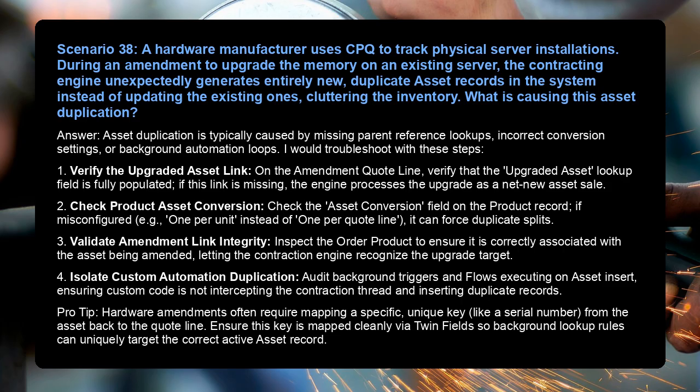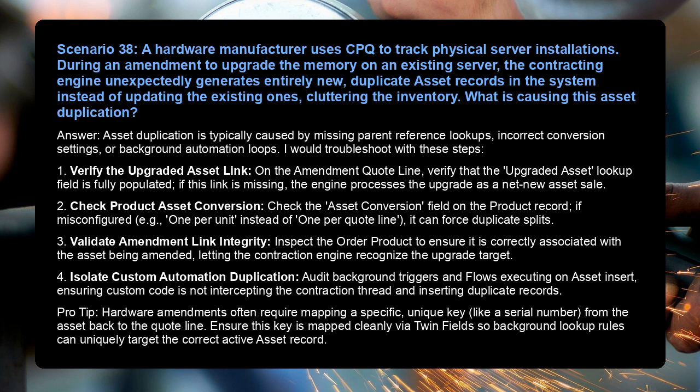Validate amendment link integrity. Inspect the order product to ensure it is correctly associated with the asset being amended, letting the contraction engine recognize the upgrade target. 4. Isolate custom automation duplication. Audit background triggers and flows executing on asset insert, ensuring custom code is not intercepting the contraction thread and inserting